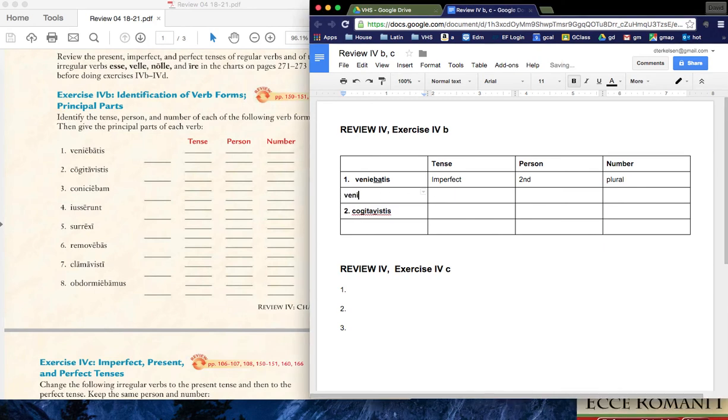So here, venio, I'm going to make this not bold, venio, venire. I have found a way to put long marks in, so I'm going to say venire, veni, venturus. It is not critical for you to have these long marks in, but it is critical for the difference between, let's say,